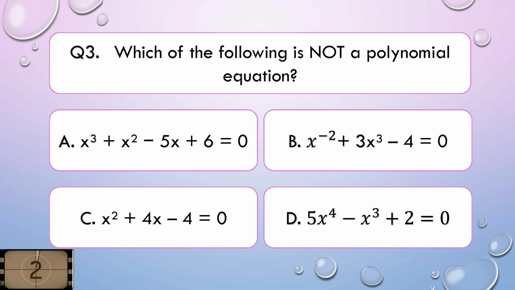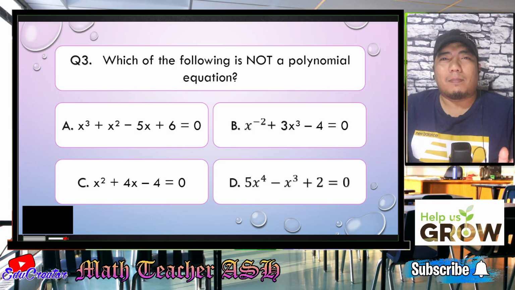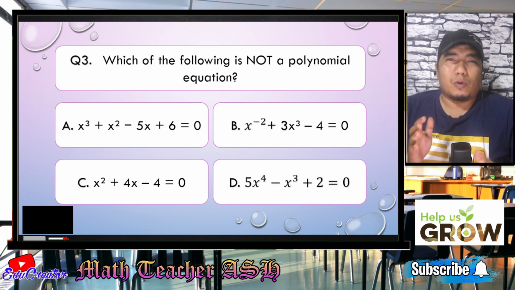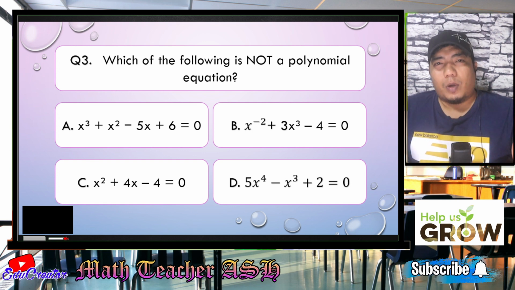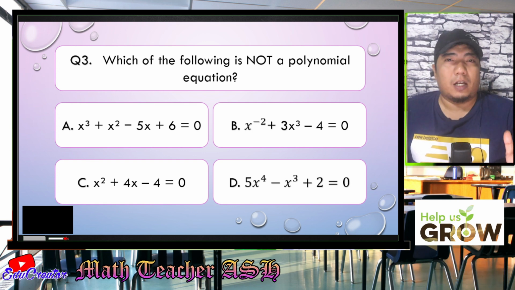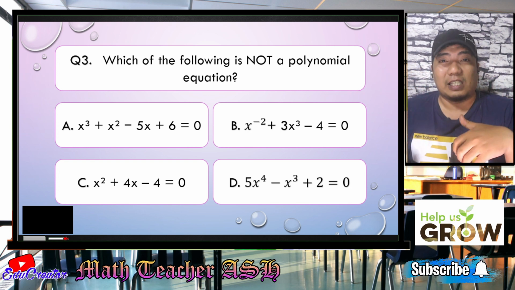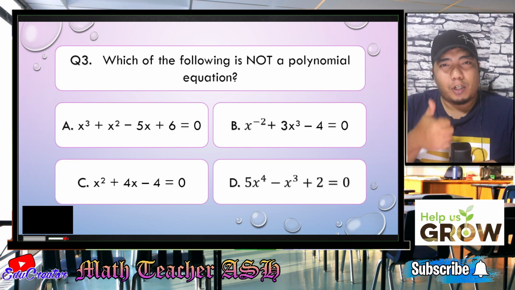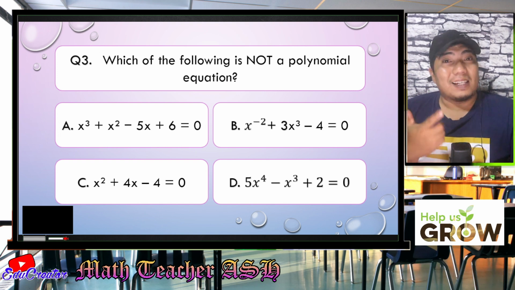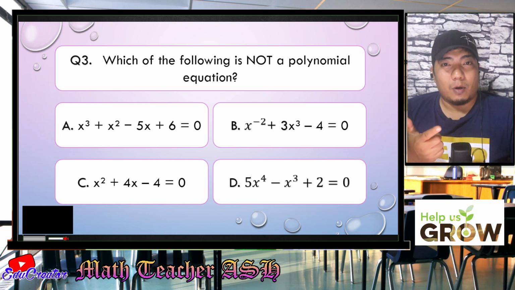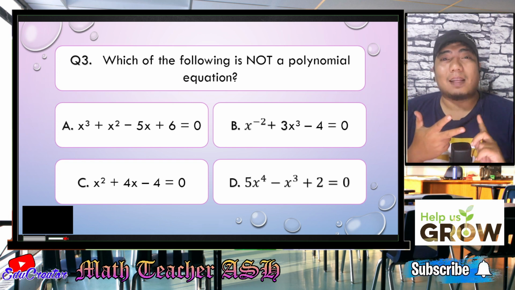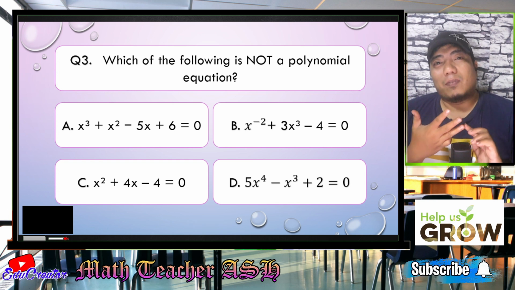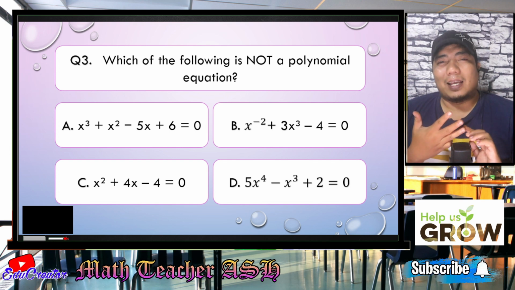Alright, my dear math learners, the thing you need to consider in identifying a certain equation that is not a polynomial is that if a given equation has the following scenarios, it will not satisfy a polynomial function. So what are those? First one is if you have a negative exponent. The second one is if there is a variable inside the radical sign. Third, if there is a variable in the denominator. And finally, if you have an exponent that is a fraction.